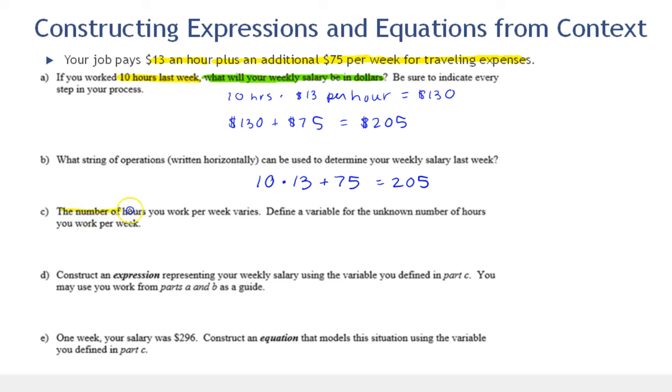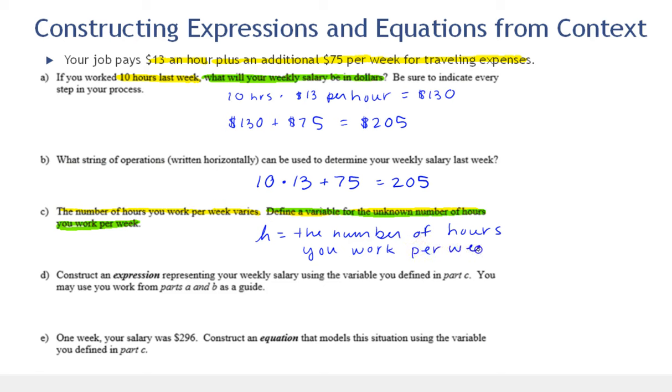The number of hours you work per week varies. Define a variable for the unknown number of hours you work per week. I'm going to change that to green because that's our goal. Okay, so we need to define a variable for the number of hours you work per week. Why don't we call this H for hours? So H equals the number of hours you work